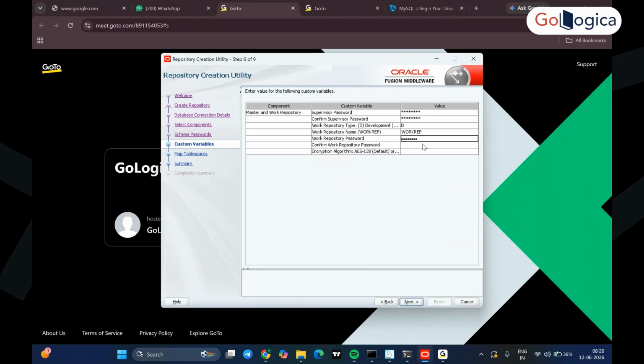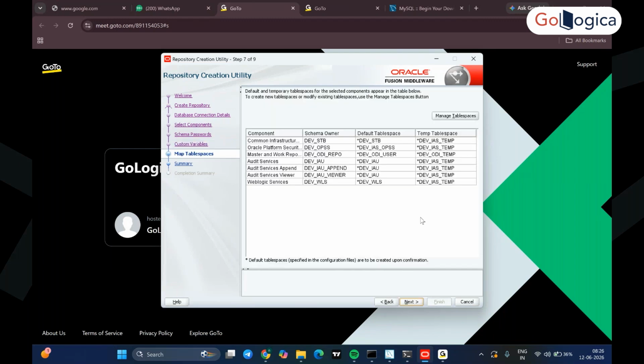Confirm the password. Okay. This work repository name in capital, that's fine, no? Okay, fine. Next, as it is going to create those table spaces and all those things,